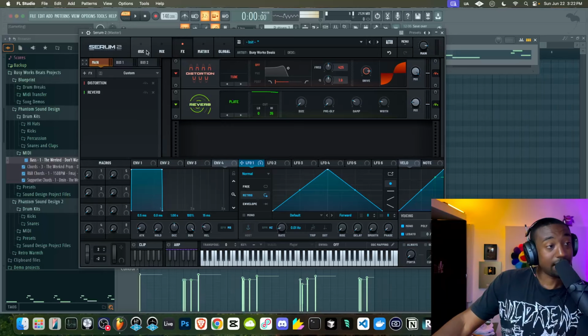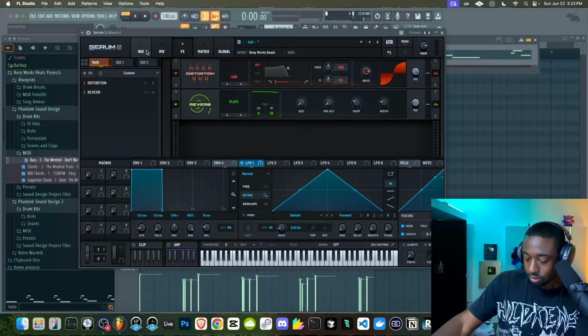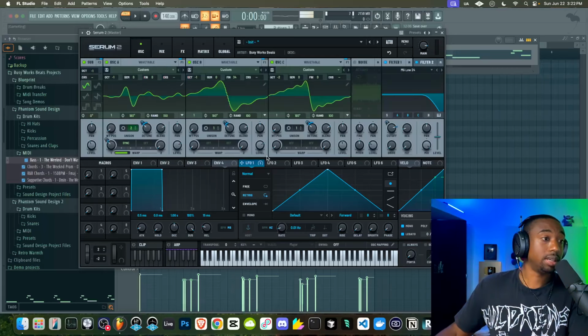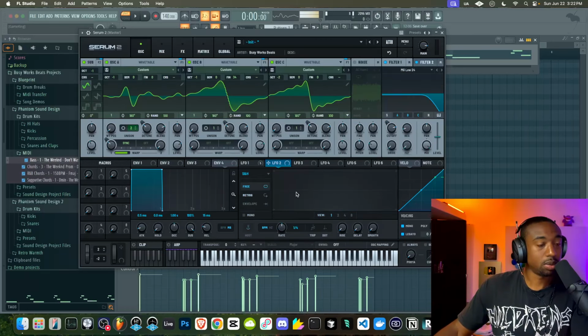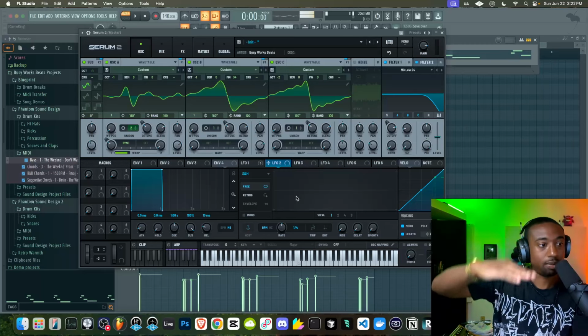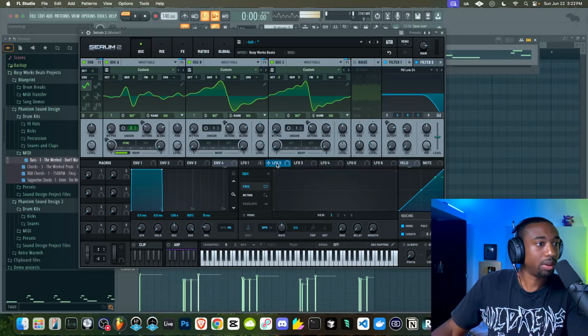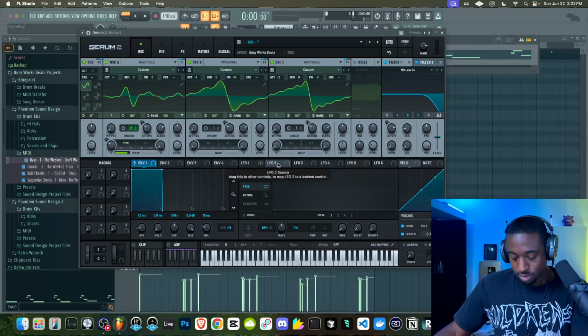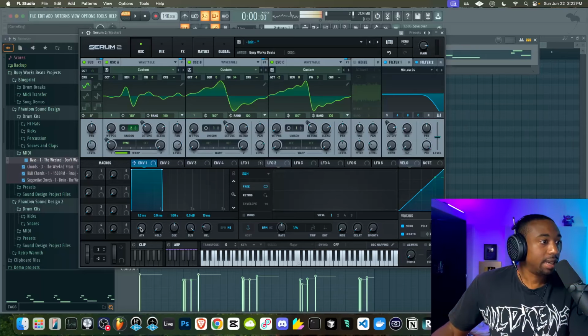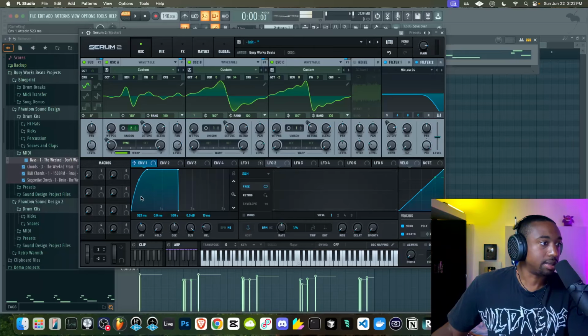So there's a lot of ways to add randomness. Another way here, which is a really unique technique, is to go to LFO2, switch this to sample and hold mode, which creates like a linear random value. And we are going to attach this, which sounds weird, to the envelope attack curvature. Okay, so you got to be a little precise here. We are going to set the attack here to about 5 to 10 milliseconds. I'm going to exaggerate this so you guys can see.